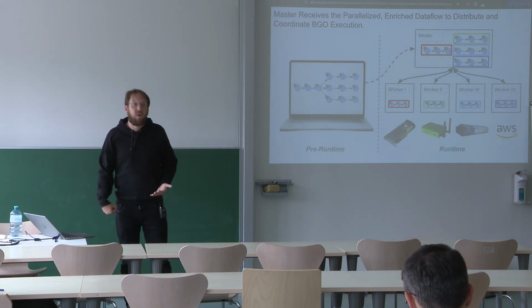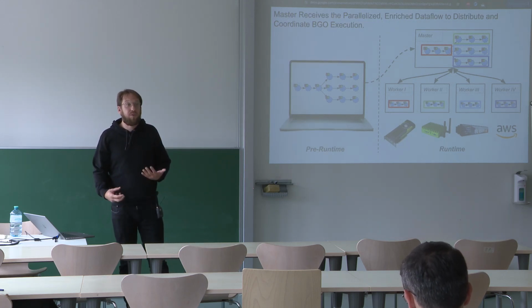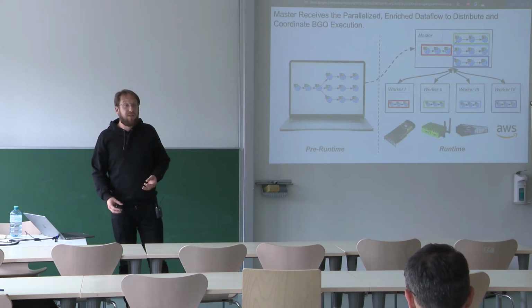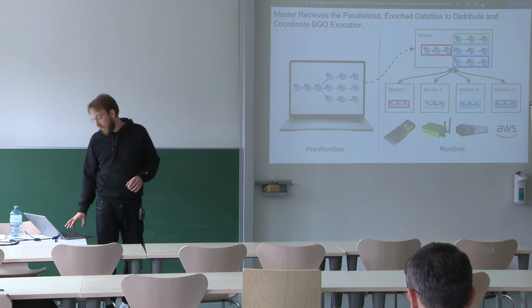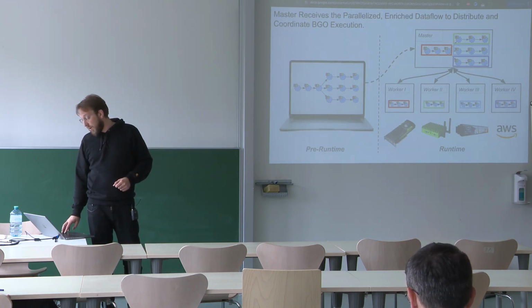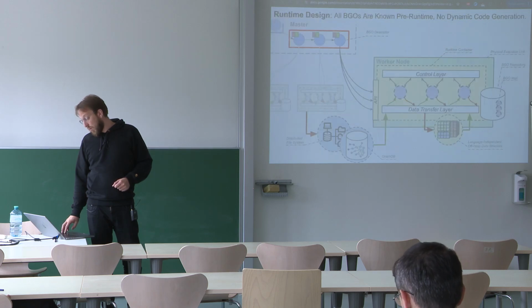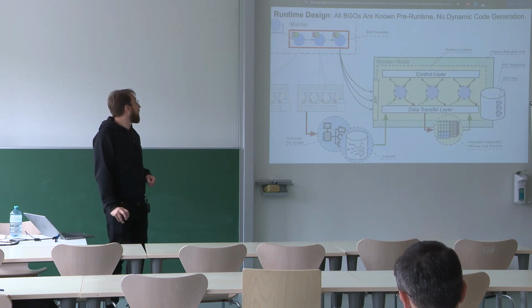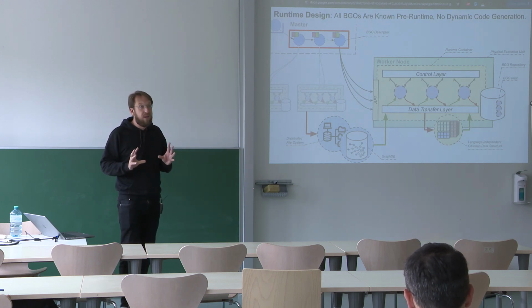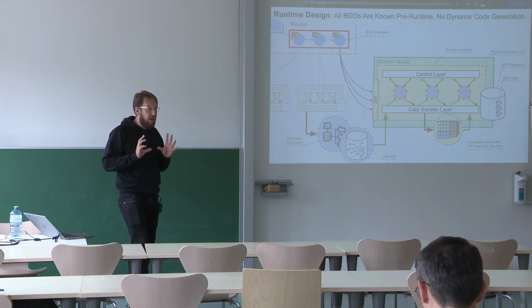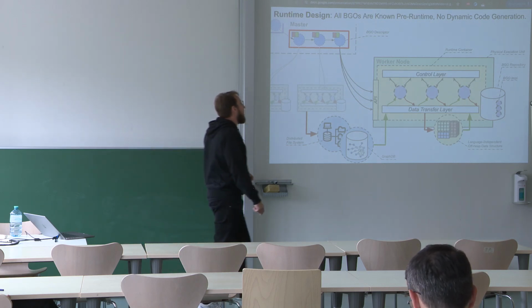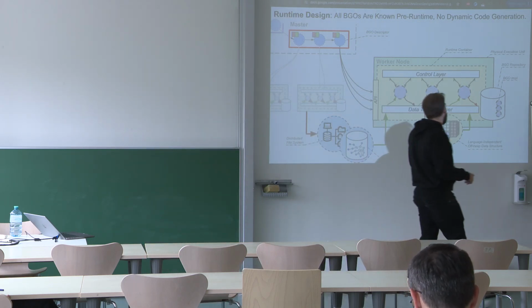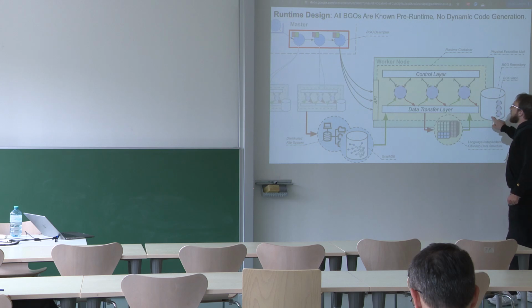And this is a whole other world, because suddenly you have consumers that are closures and have dependencies to code on other machines and all these types of things. So you run into a lot more complexity when doing it this way. And in Graph Massivizer, we don't have that, right? So the entire program is there from the beginning, all these BGO implementations, and we can just roll them out in our distributed runtime.